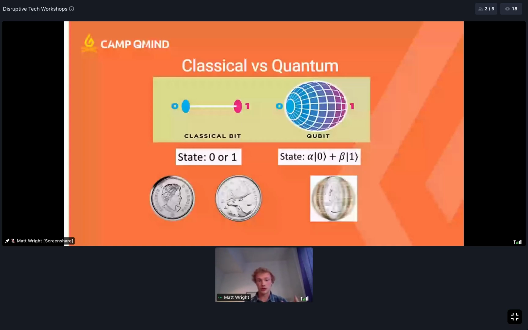Specifically, a qubit is represented formally by a two-dimensional complex vector space with an inner product. So what does that mean? It's really just a bunch of math jargon that we don't worry too much about. They're vectors, as we can see here, and they're complex vectors that have some sort of amplitudes or coefficients that make it a linear combination.